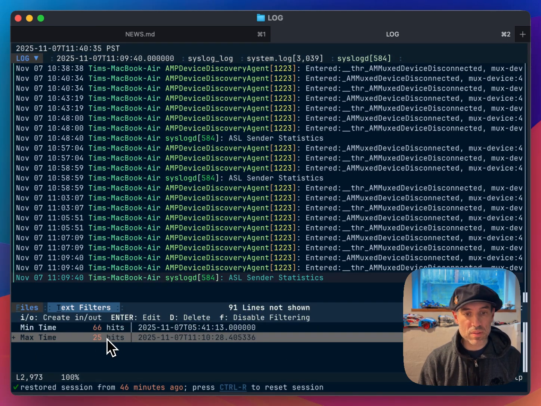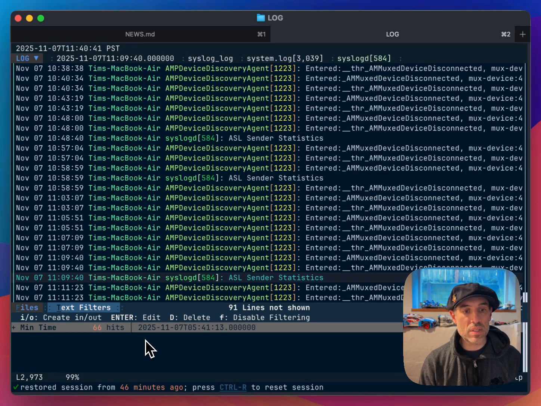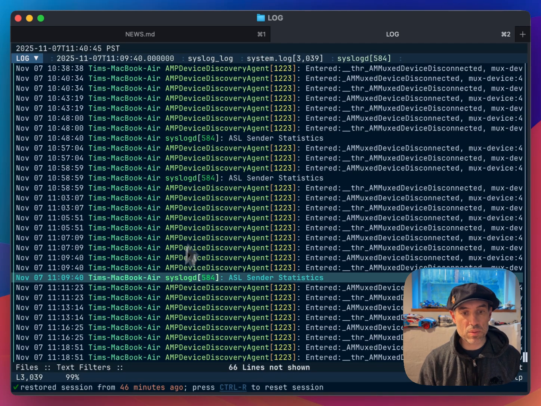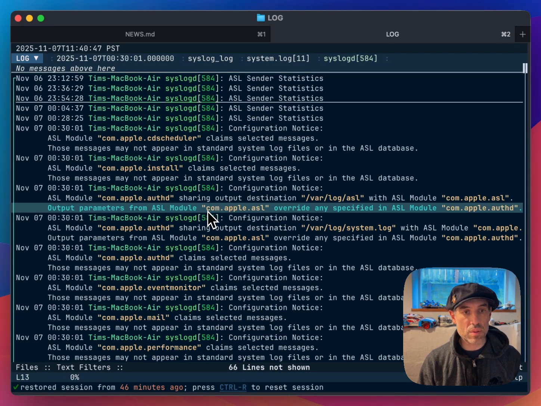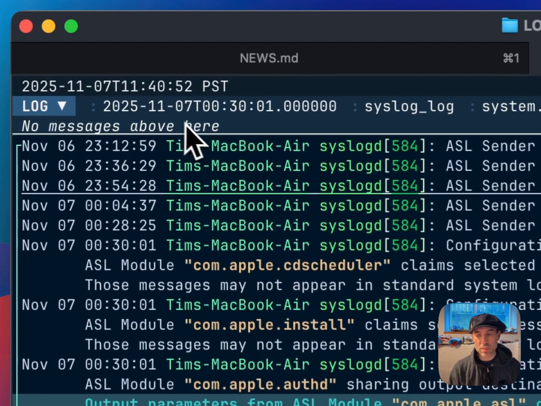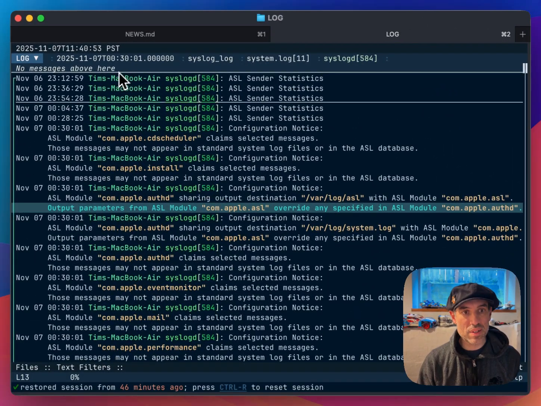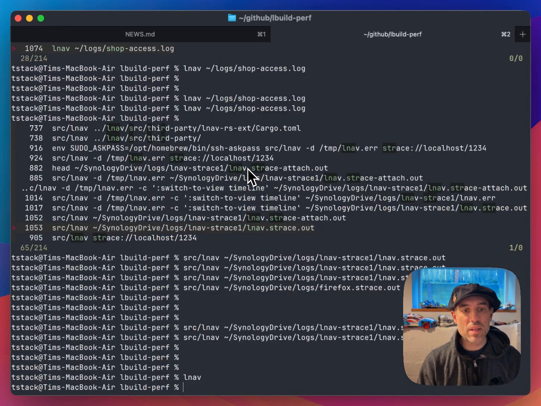So 25, say. And just like the other log filters, you can hit D to delete those filters and get back to where you were. So now we're back to normal. And it says no messages that were filtered out above there. Somewhat related to this line up here,